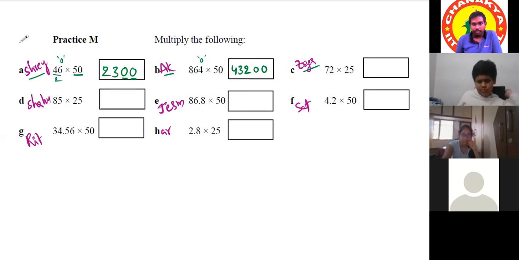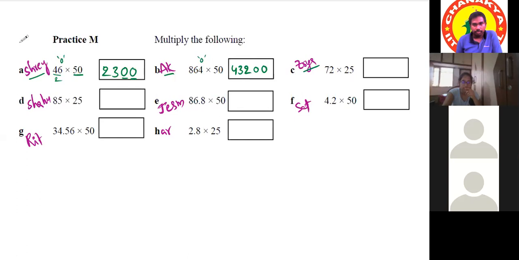Correct. Jaya. 72 divided by 4: 4 ones are 4, remainder, 4 eights are 32. Put 2 zeros, because there is no remainder. 0 is the remainder, we'll put 2 zeros. Correct. Then Shahu. 85 we will divide by 4. 8 divided by 4 will be 2, and 5 divided by 4 will be 1, and the remainder will be 1. So we will write 25, since 1 is the remainder. That's why the last 2 digits will be 2, 5. Correct. Very good.